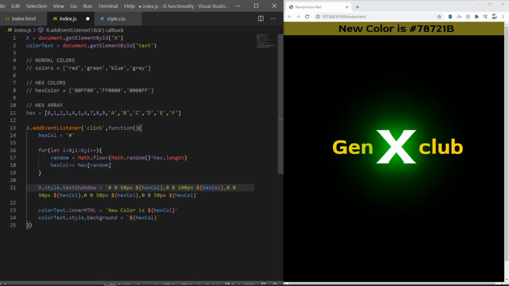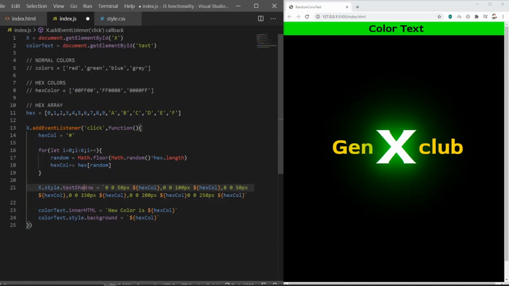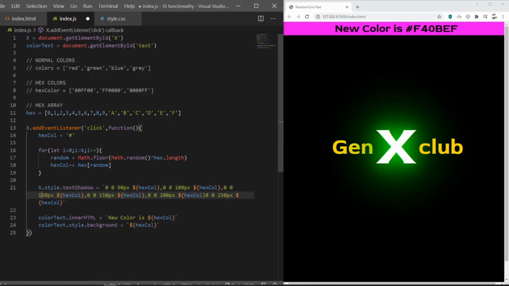Let's change the size, 100 pixels, 150 and 200, or I think we are missing one. Let's add 0, 50 to 50 pixels. There. Let's save it. And I think, yeah, we spelled it wrong.